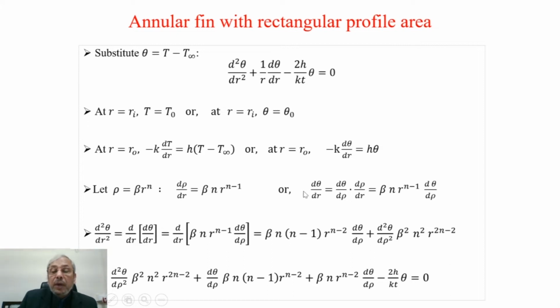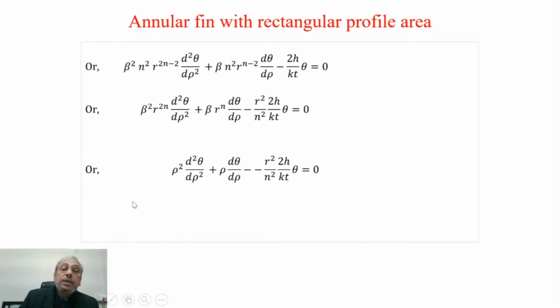So basically it is 1 by r d theta dr into d theta d rho minus beta n r to the power n minus 2 d theta d rho minus twice h by kt into theta. So this becomes our governing equation, which will be reduced with a little bit of algebraic